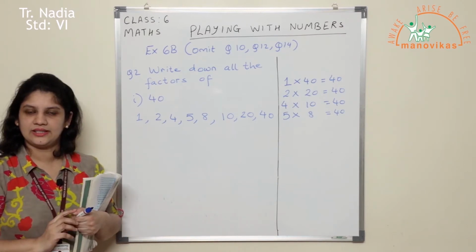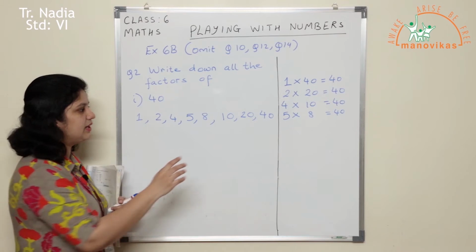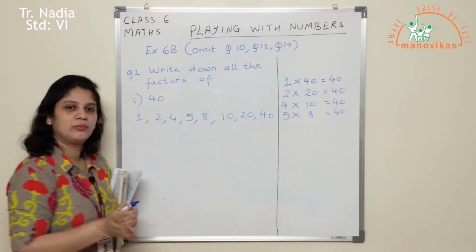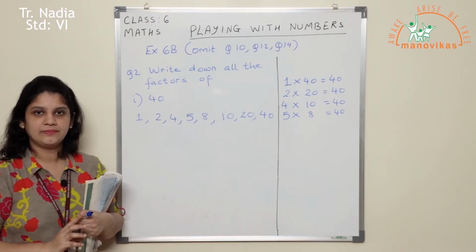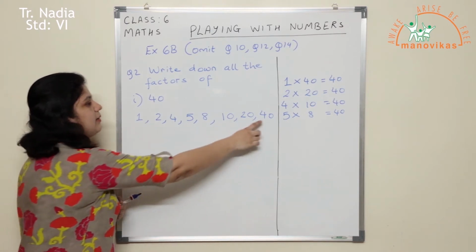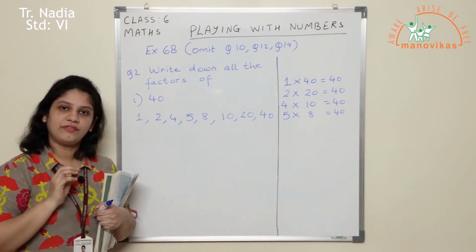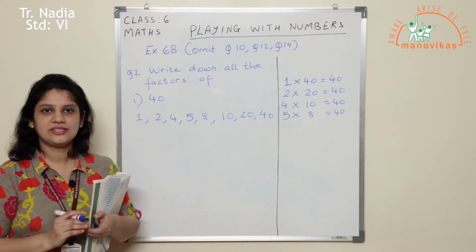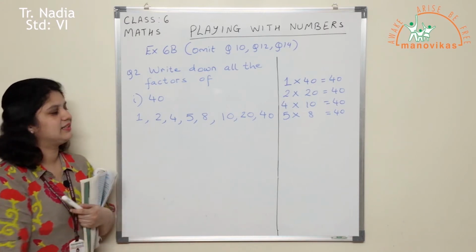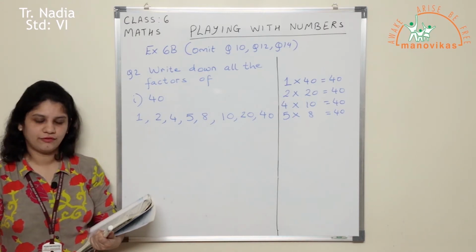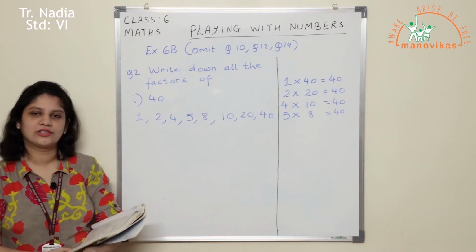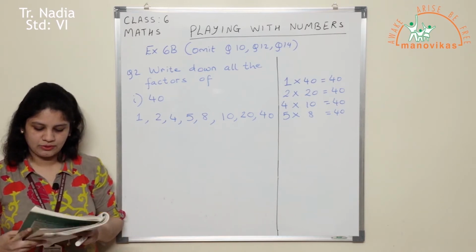Every number comes in the table of 1. Similarly, the number itself will also be a factor of every number. Alright, so 1 and the number itself are factors of every number which is given to you all. So here I listed all the factors of 40. In a similar way, you'll solve the next 3 sub-questions also.